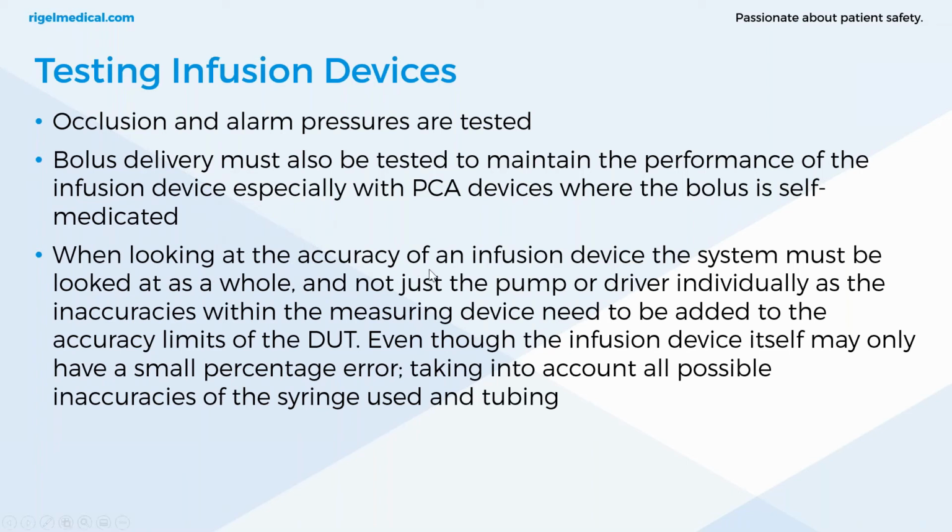When looking at the accuracy of an infusion device, the system must be looked at as a whole and not just a pump or driver individually, as the inaccuracies within the measuring device need to be added to the accuracy limits of the DUT. So this goes back to metrology. If anyone's been involved with metrology, you know that when you're testing, you need to look at the total